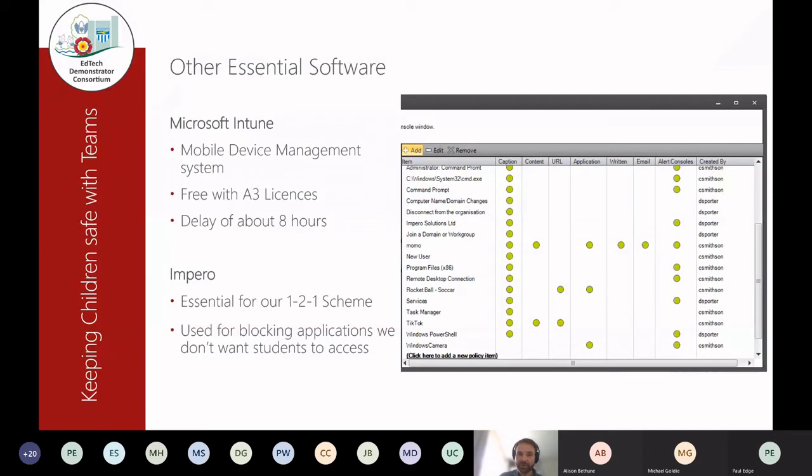Another piece of software which we use and is absolutely essential for our one-to-one scheme is called Impero. Basically, this is used for blocking different applications, but also, in a safeguarding way, it logs keystrokes and different websites and things that pupils do when they are within school. But when they are outside of school, those rules are all relaxed. We have a conversation with parents through the school and we agree on the policies. But just to give you an example of how Impero works,